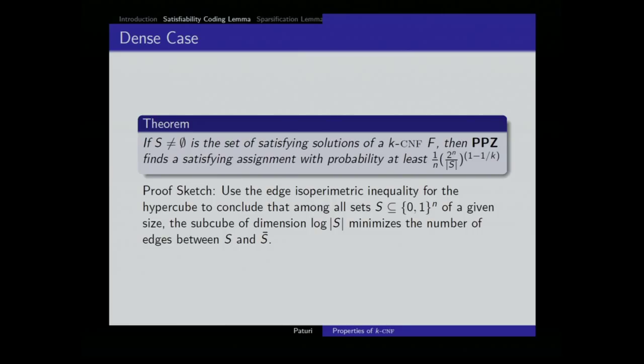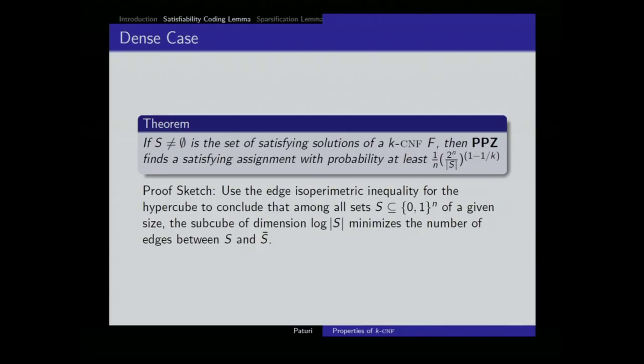So that was the previous intuition. Now we're going to argue, using an isoperimetric inequality, that the worst way to organize points is in a subcube. So you pack all the points in a subcube. That's the worst possible scenario for this algorithm, and so that achieves that kind of lower bound, that kind of upper bound in the satisfiability algorithm.